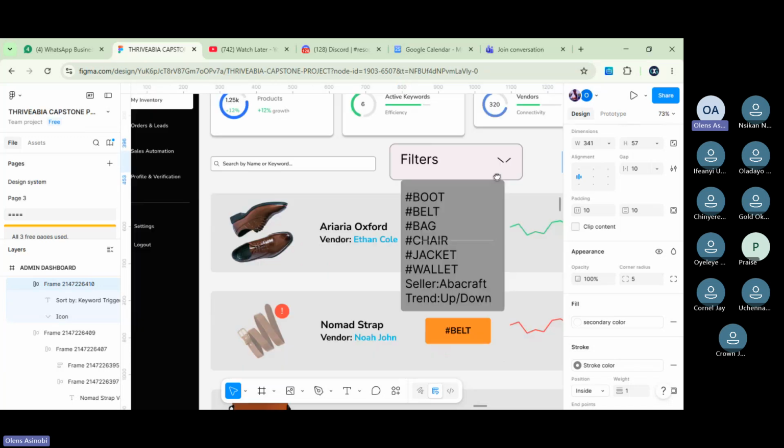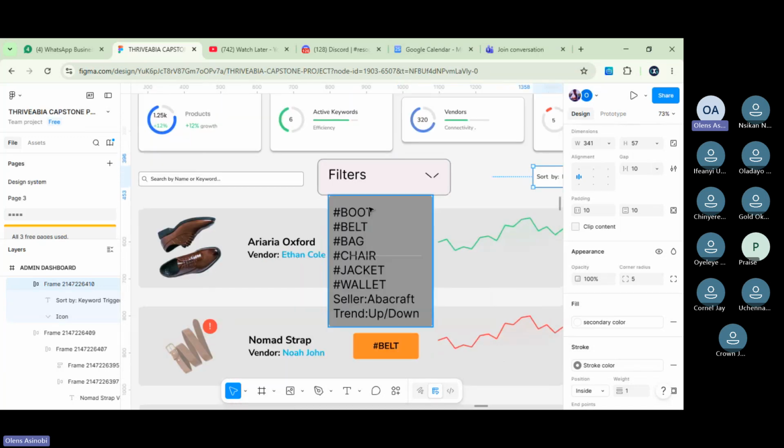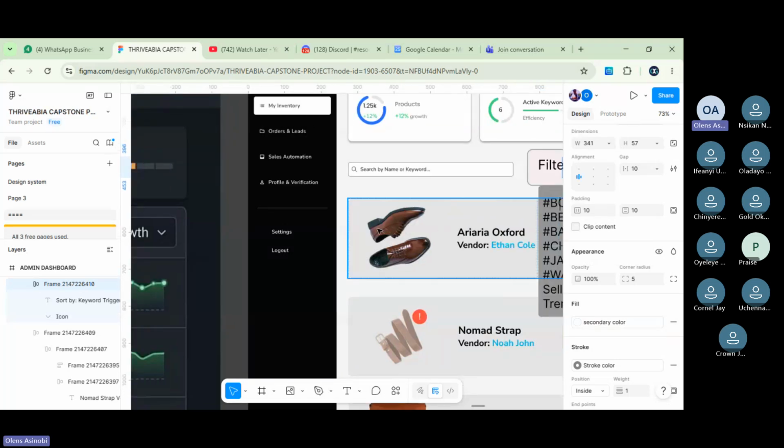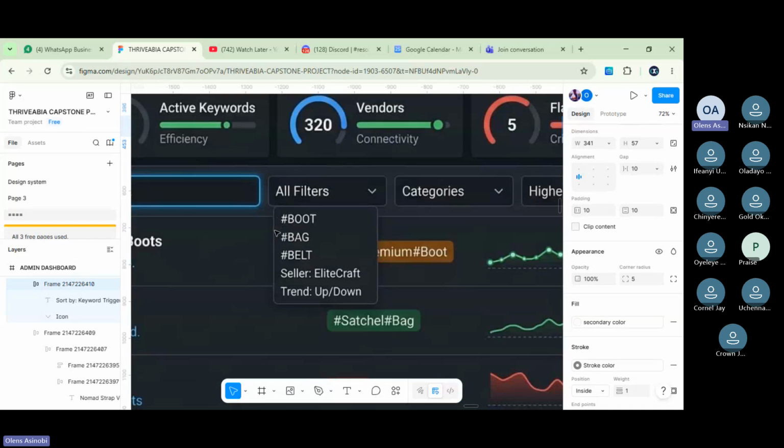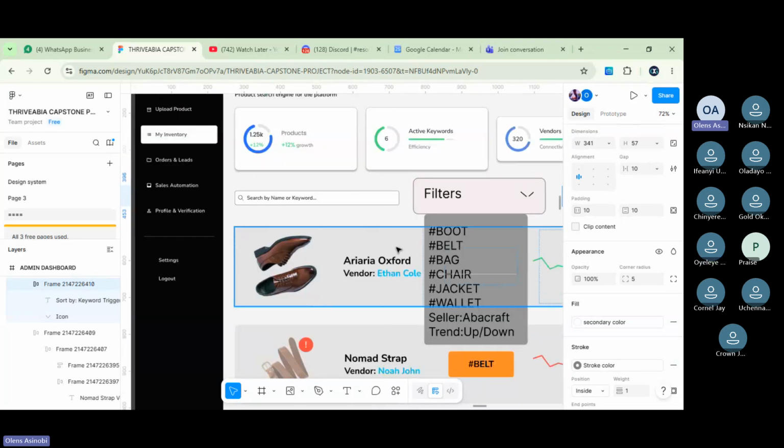Then the filters, please let them use the drop down that is in the assets panel. Let them use the drop down. Then see one more thing. You see how this drop down looks in this sample. The background of the drop down is actually the same background color, but what made it stand out is the stroke that they put and then a kind of drop shadow to make it seem elevated. That is what you should do here.